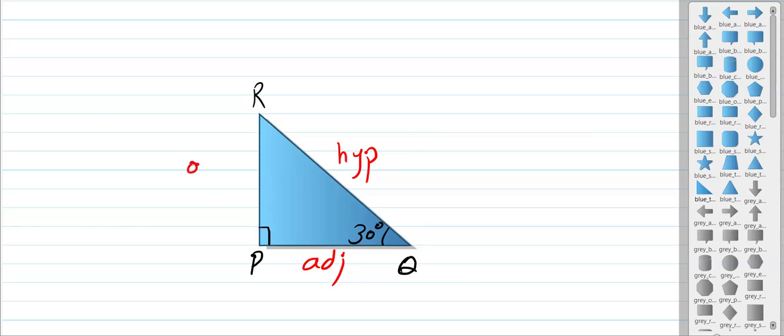That is obviously the opposite. Let's say this side is 13, and this side is 12. Now, if I ask you to find PQ,